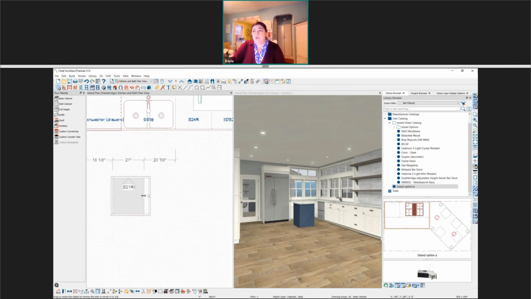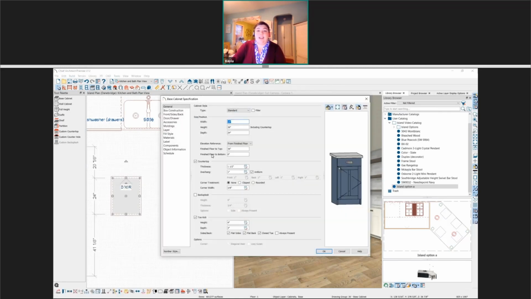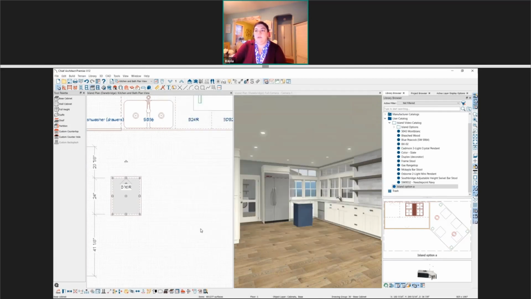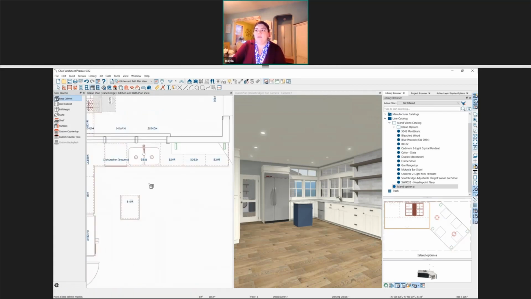I didn't mention this earlier, but our cabinets do automatically resize in 3-inch increments. If you would like for it to be a more custom number, you can always open up the cabinet and specify an exact width, height, and depth. So if you're doing something very custom, those 3-inch increments that it's resizing at, you can always override. Then I'm going to place another cabinet, and this one we're going to resize to 36 inches. I'll place one more that's going to be 18 inches.